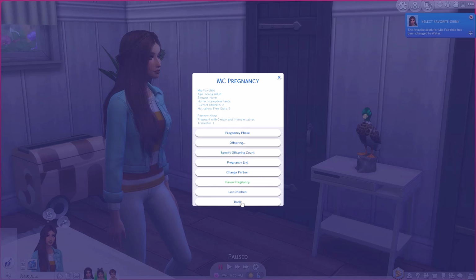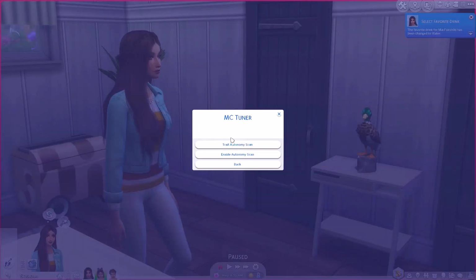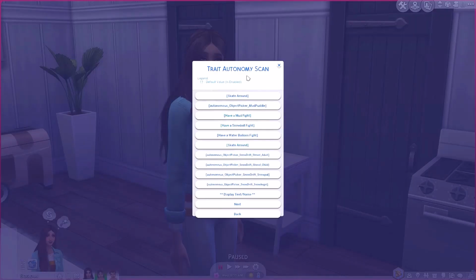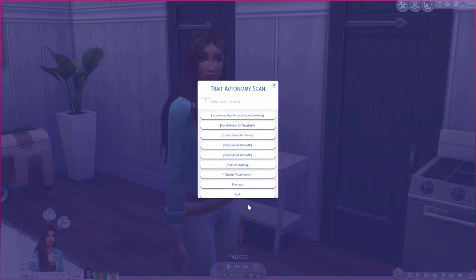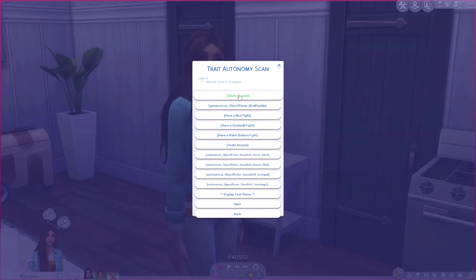And then if we go into MC Tuner, this is a trait autonomy scan. If we press this, MC Tuner actually allows you to remove certain autonomous interactions. These are things that they will just do on their own a lot of the time, and people get annoyed by what they do. I don't really use this myself, but if we press on one like this, skate around, and then we go back,